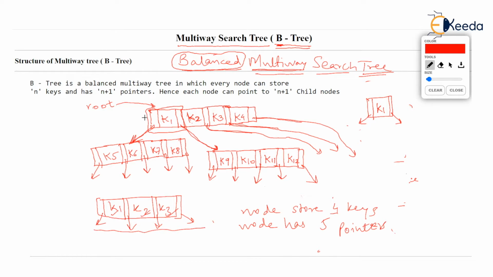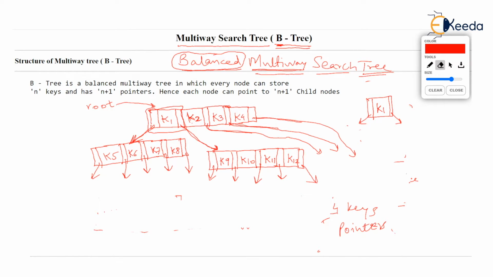Number of pointers are n plus 1. Okay, I guess you have followed it. Now, coming back to this picture, let's see what left pointer of K1 is doing. Now, the left pointer of K1, as you observe in the picture,